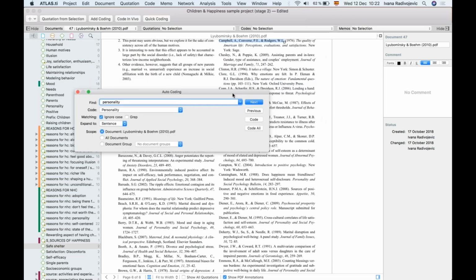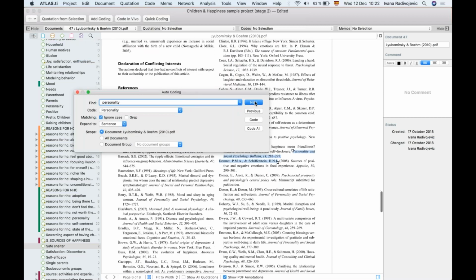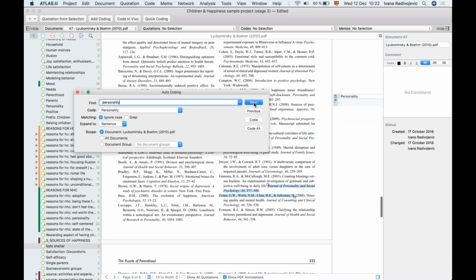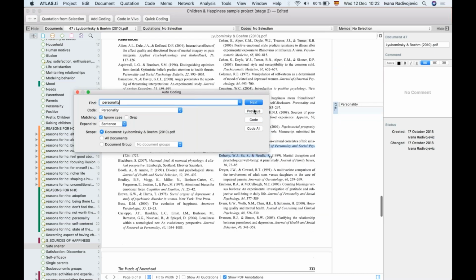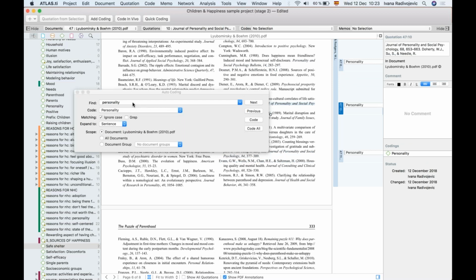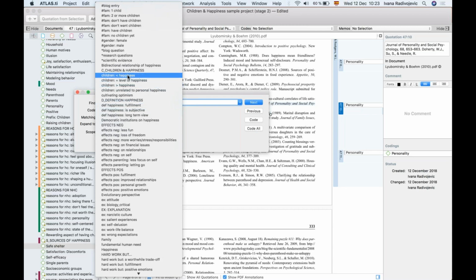So it seems, and this is what I was afraid of, that personality is just appearing in the references. But if we wanted to, we could code this by clicking on Code. We can decide if we want to go next or go back to the previous one. So we can really easily filter through all of the text and identify where this word is occurring. Now, if we click on Code All, ATLAS.ti will automatically code every time it finds the word personality. Since this wasn't such an interesting autocoding example for us, let's look for